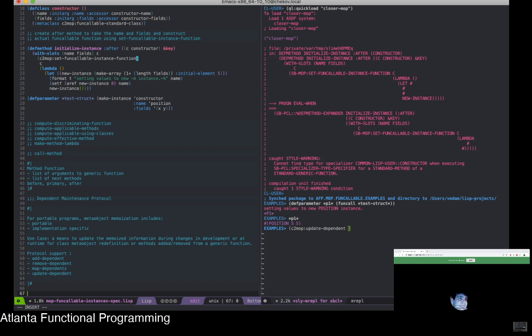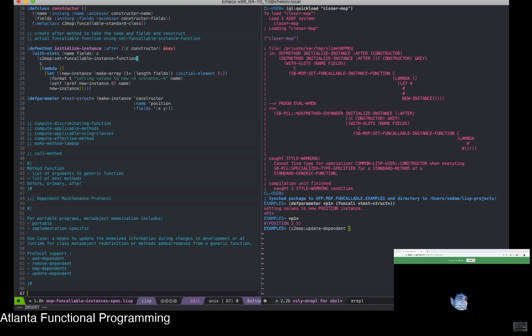Before I get into the example, let me explain something that is actually brought up in the MOP spec regarding portable code and conflicts. So what I talked about earlier about undefined behavior, this is something that is explicitly stated in